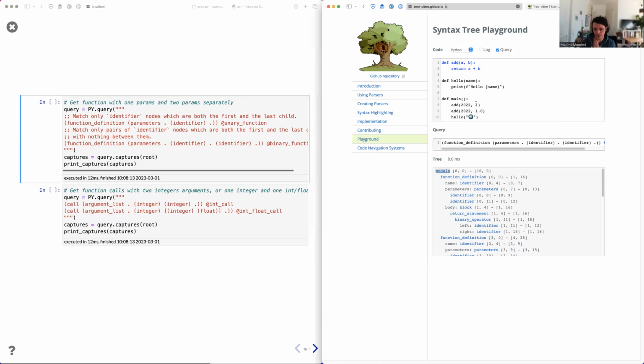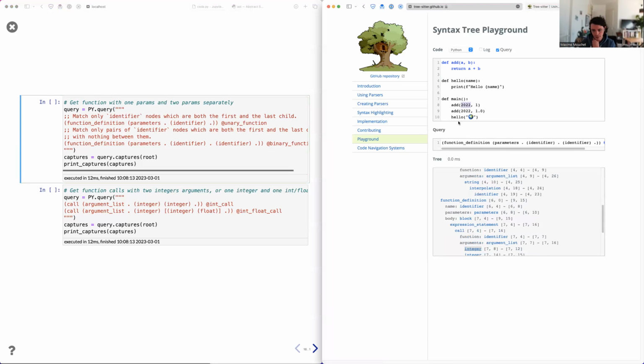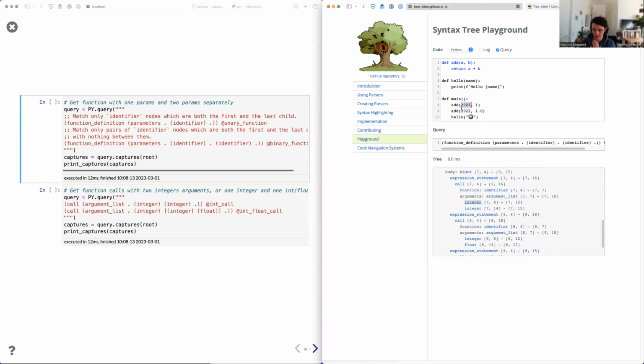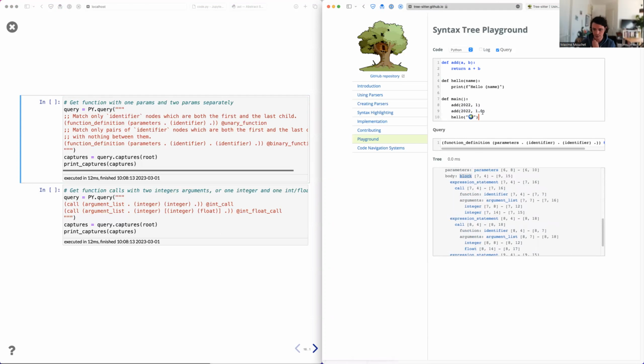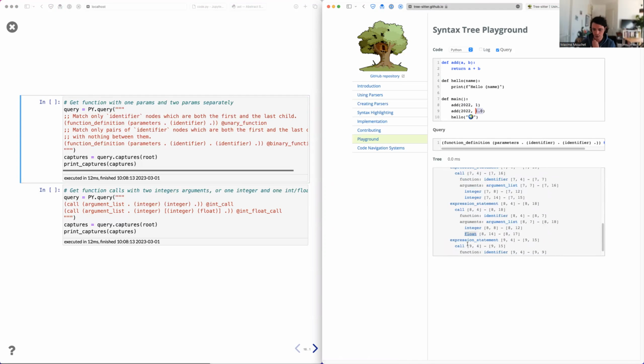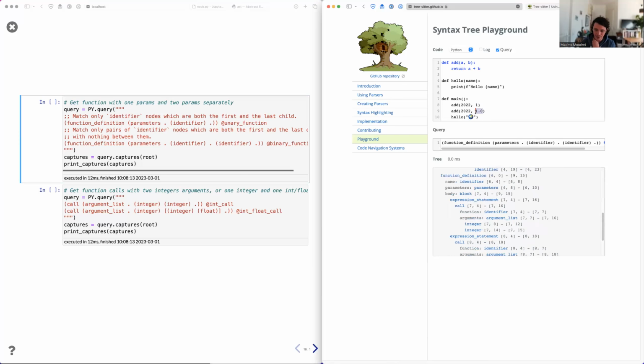on the type of the argument. And one important thing to understand here is that the type of the argument here, you see it says integer, it says it's a float, and here it says it's a string. It's the type of the literal value, right? But it's not the type that is inferred by